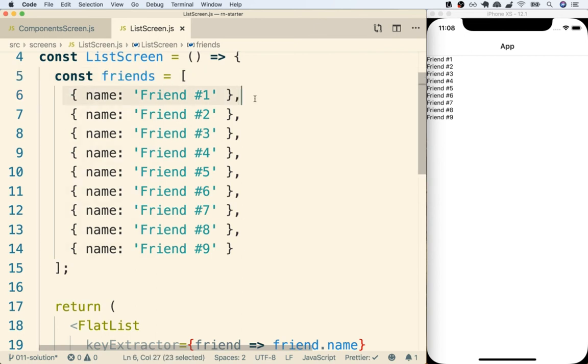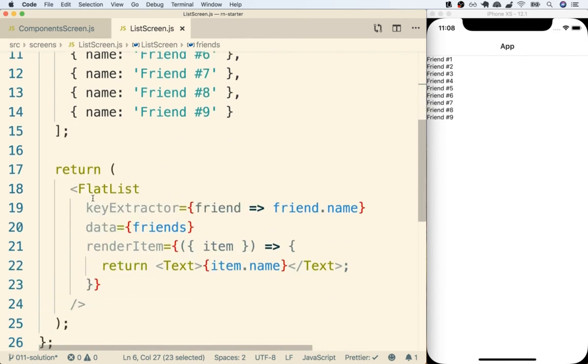So all these objects should really only contain data related to being a friend. In this case, it just means it has a name. If we start to add in a new key property, then we're starting to tie some information from the view side of our application, like what appears on the screen, to our data objects, which is generally not a very good approach. So like I said, we're going to favor this key extractor approach as much as possible inside this course.